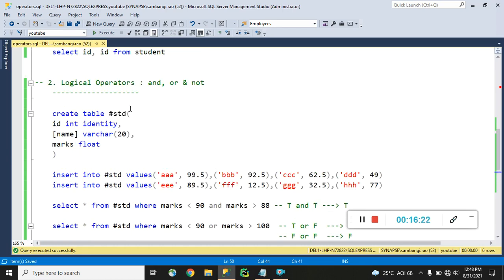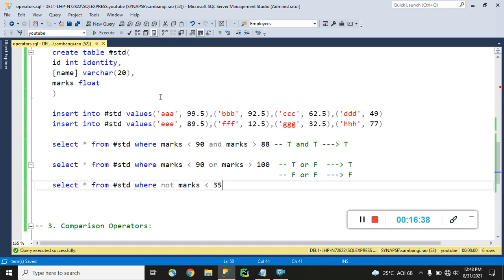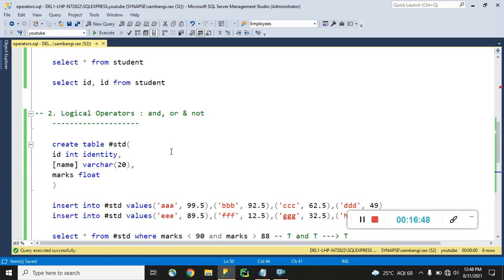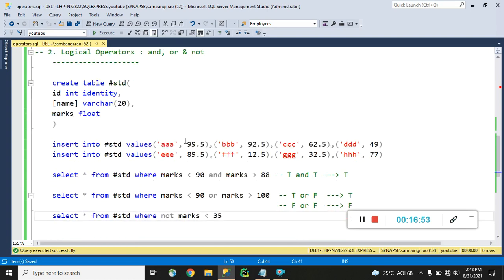Previously I said that when we want to apply more than one condition, we must use a logical operator. But actually that is not exactly right. When it comes to AND and OR operators, then only the statement will be true. But when it comes to the NOT operator, that's not right.